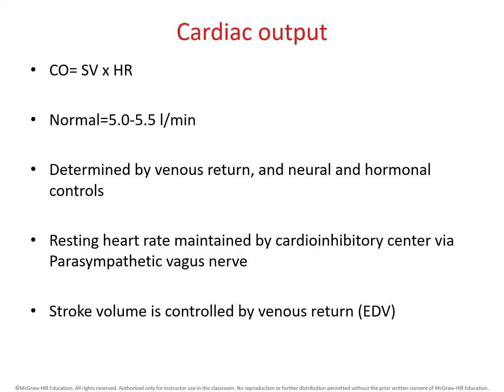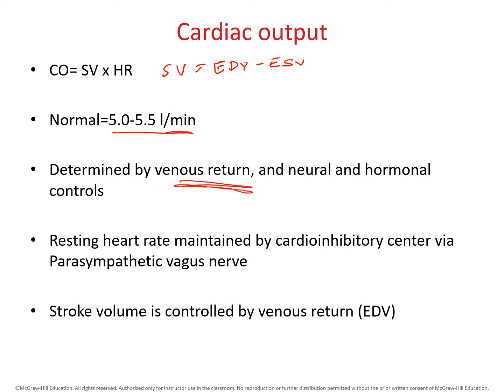We have already talked about cardiac output before, so this will be just a quick revision on cardiac output. Cardiac output is equal to stroke volume times the heart rate, and then the stroke volume itself is equal to EDV minus ESV. So the normal cardiac output is anywhere between 5 to 5.5 liters per minute, and it is determined largely by